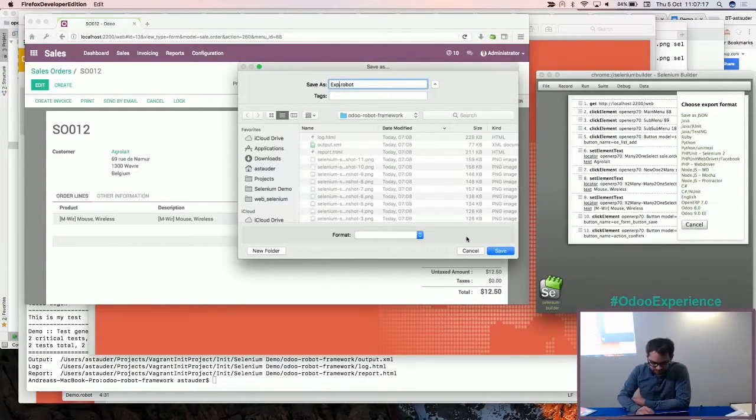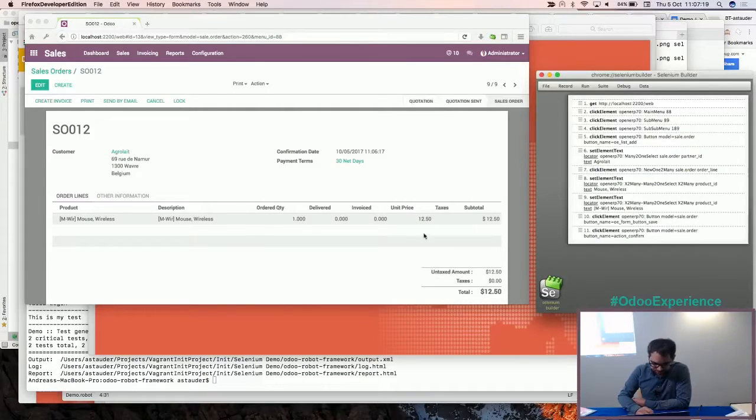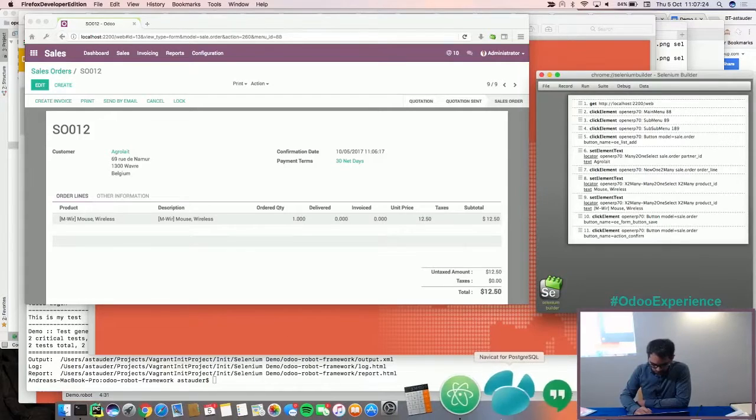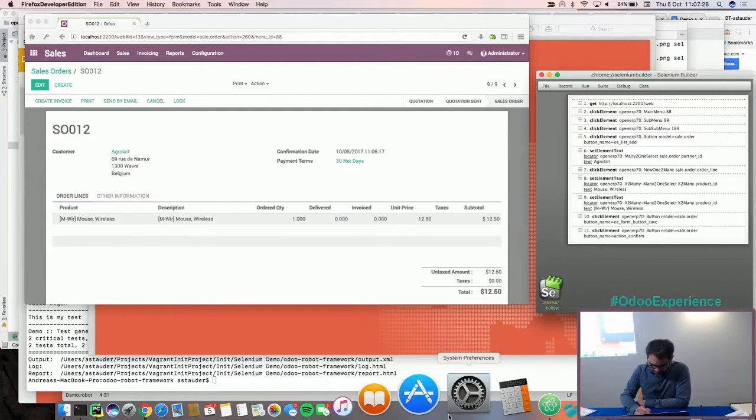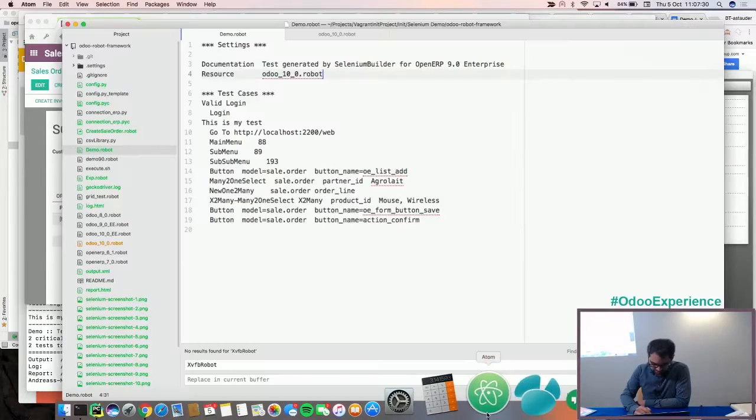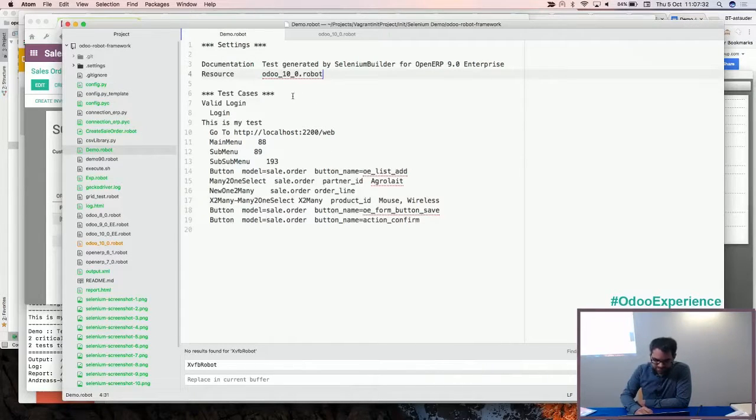Let's call it for the experience days, the Robot Framework. And I just want to show you how a file like this looks like. Where was it? Here. That's a file. When I save a file, then it will look like this. And it comes with a few additional information like the resource and then the login part. That's all